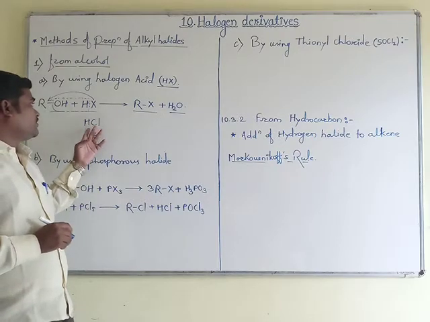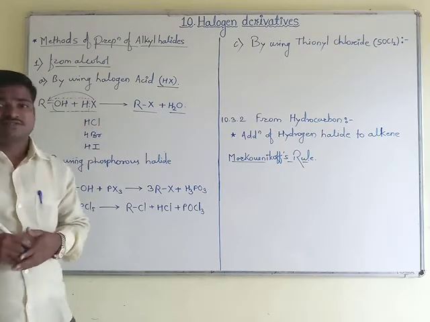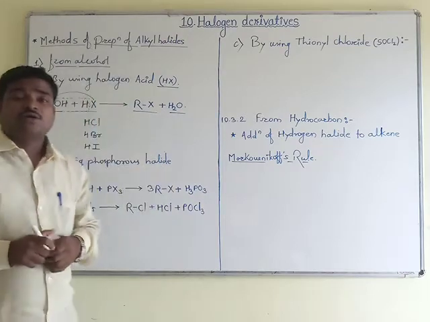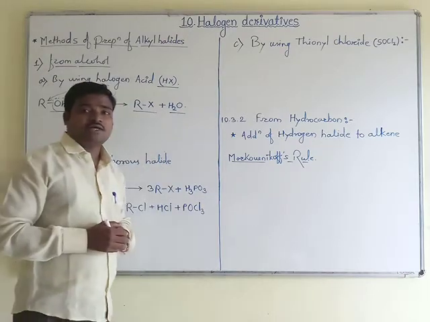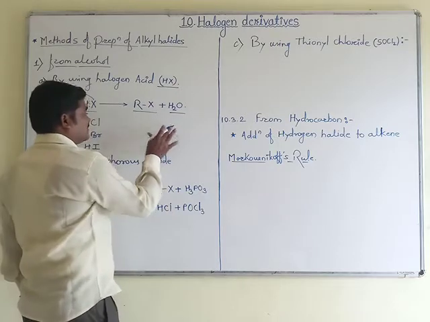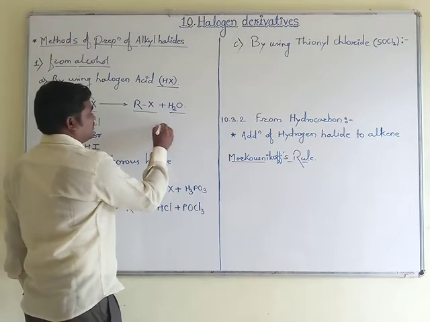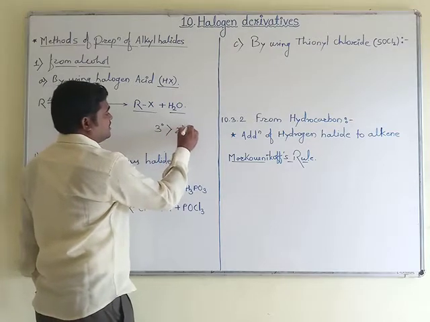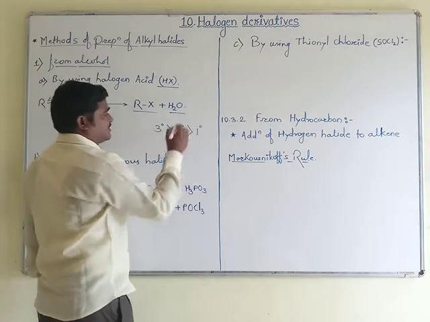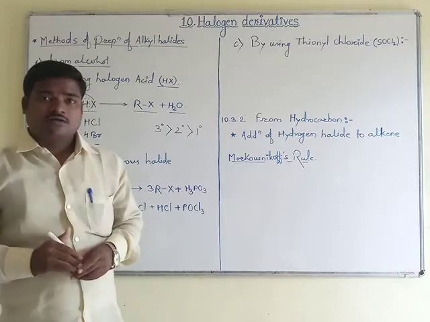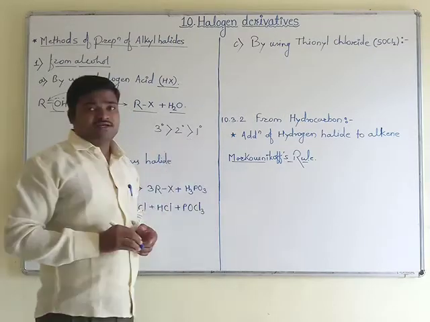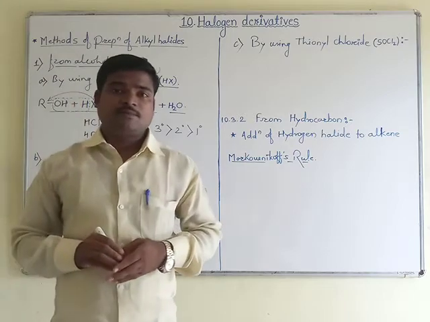Whenever we are using these three reagents, we have to study their reactivity. Here the tertiary alkyl halide is more stable than secondary and than primary. This is the order. So primary and secondary alkyl halides we can easily prepare,